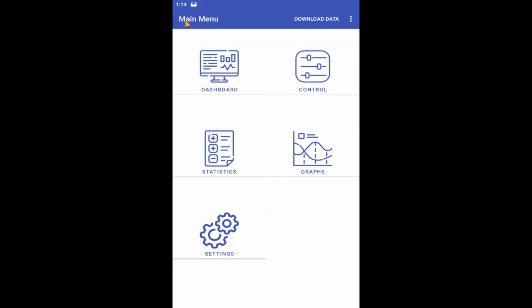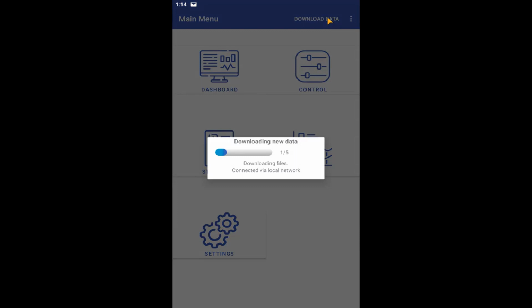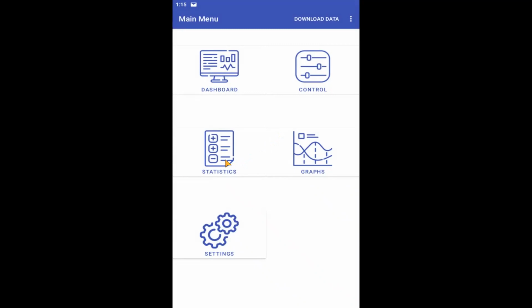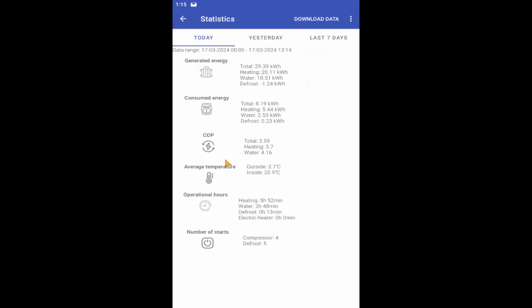One of the things available here is statistics. For the statistics to be valid, to see what we want to see, we need to first download the data. We give the command to download the data and we get information that the data is being fetched. You can see that they were downloaded via a local network because the connection through a CONTHEM is not active at the moment. And we can now look at the downloaded data and see what the statistics will look like.